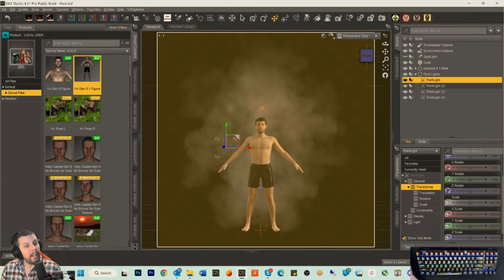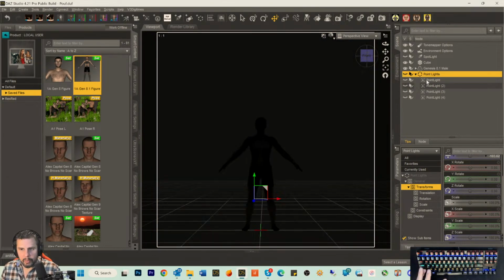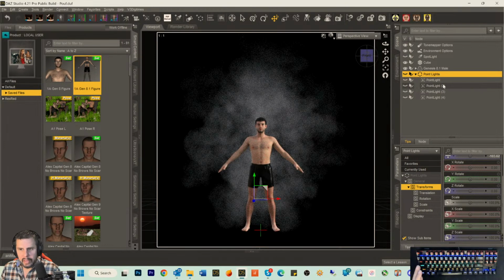So that's why you want to always bring a figure into the scene, because it tells you, oh, that's how big my poof is, you know? Because I wouldn't have had any idea how big it was if I hadn't put something into the scene. So these point lights, we're going to turn them off. What happens when we turn them off? You see, okay, now